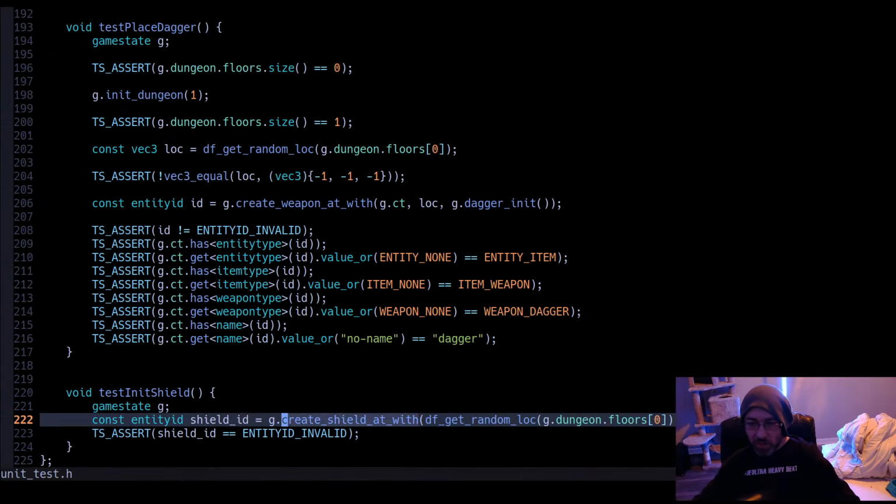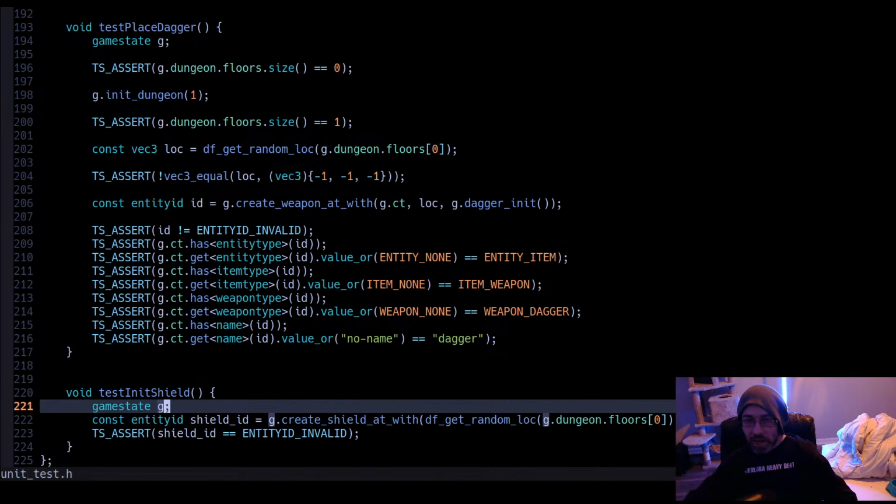Core dump again. Okay. Get random luck. Okay, let's pull that out.